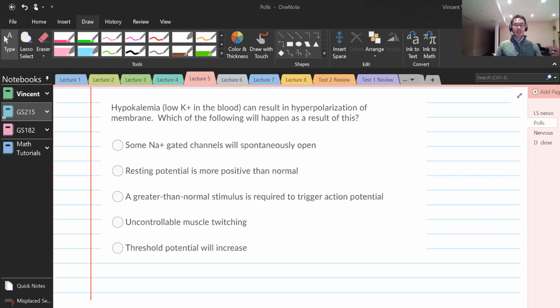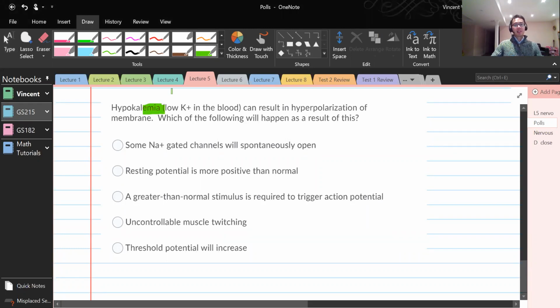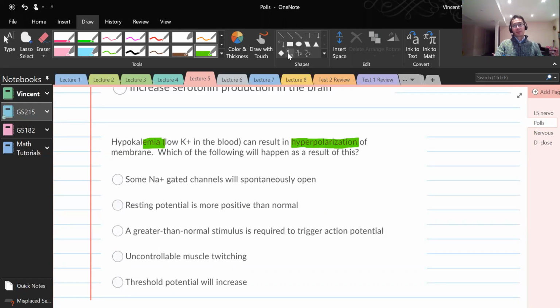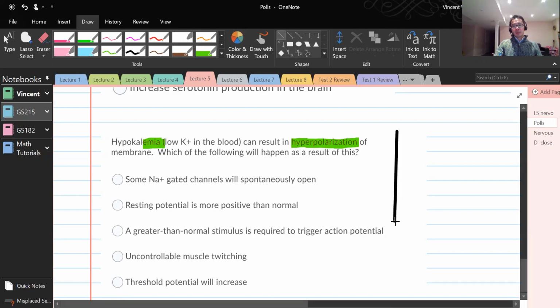Okay, so this is obviously an application question, and it's a little bit confusing, but let's take a look at what happens. Okay, so hypokalemia, okay? Anything that's emia means is in the blood. So hypokalemia means low potassium. That can result in hyperpolarization of the membrane. All right, so what does that even mean, right? What that means is